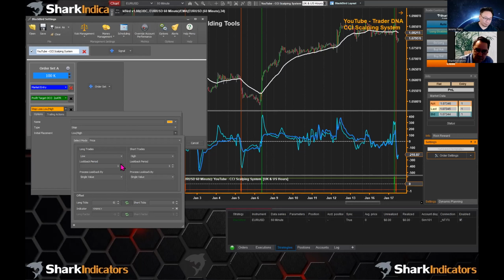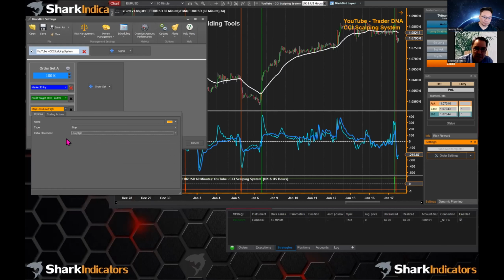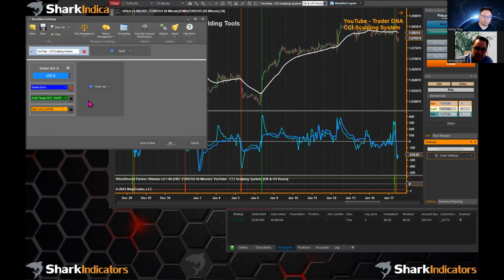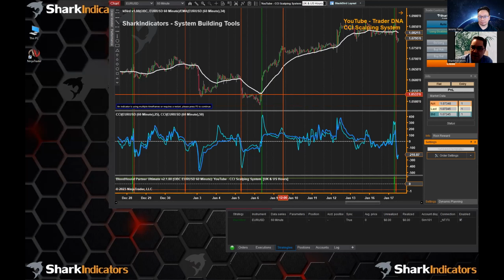So let's look back at least 5 bars, a minimum of 5 bars. We're going to look back, and then we're going to use the minimum, or the lowest low, of the last 5 bars, like so. There we have it. And that was it. So that stop loss is already done, ready to go. At this point, I can click OK, and we're ready to start generating some backtest results here.